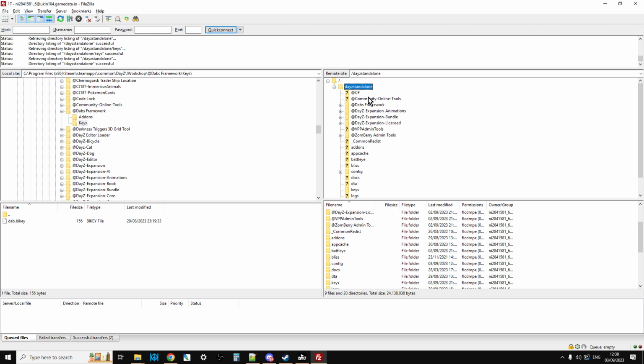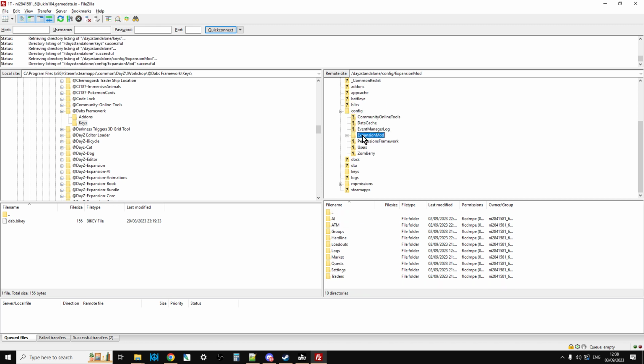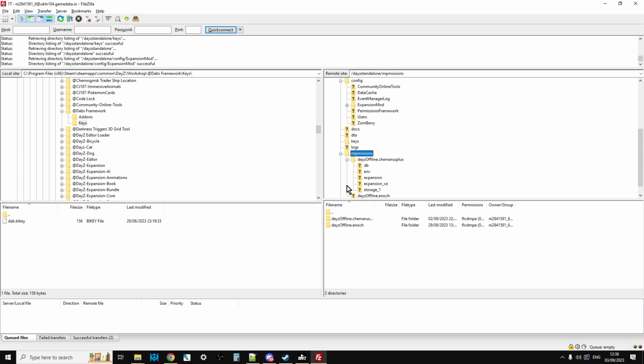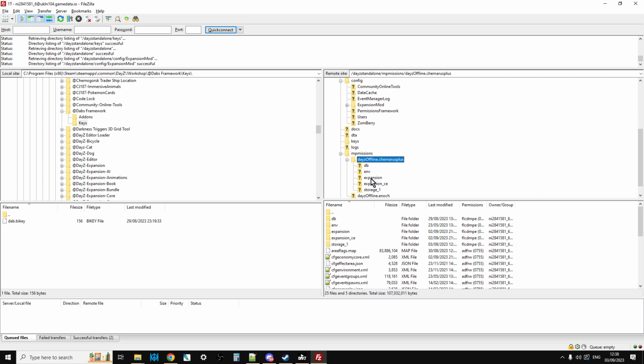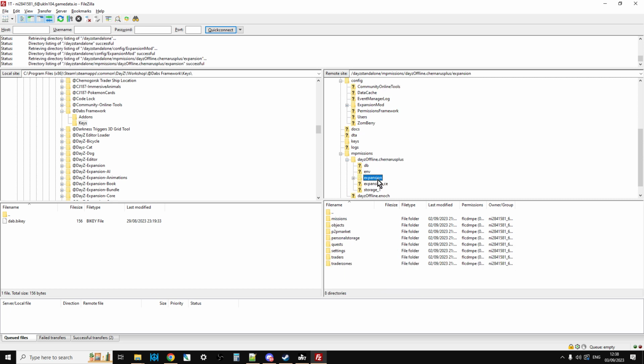is to refresh the file structure. We're looking to see that within the config or the settings folder, an expansion mod folder has been created, and then also within the missions folder, we're looking to see if an expansion folder has been created, like there, and that means it's ready to take these extra files that we want to add on. So what we need to do now is that the mod is basically there and it's on the server,